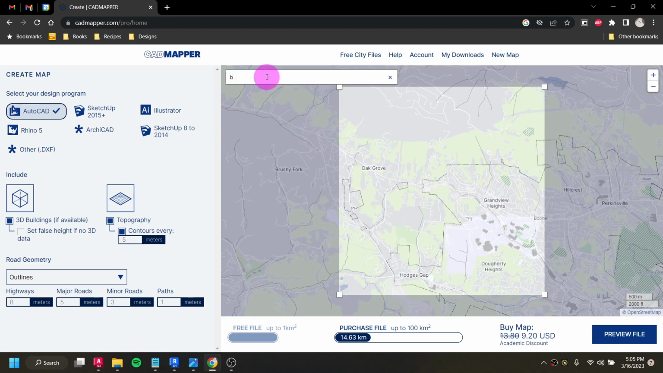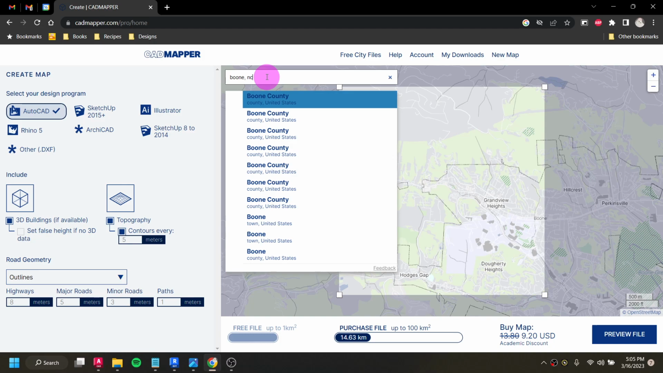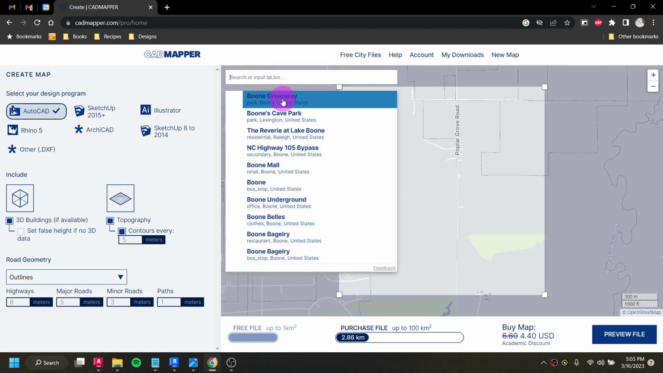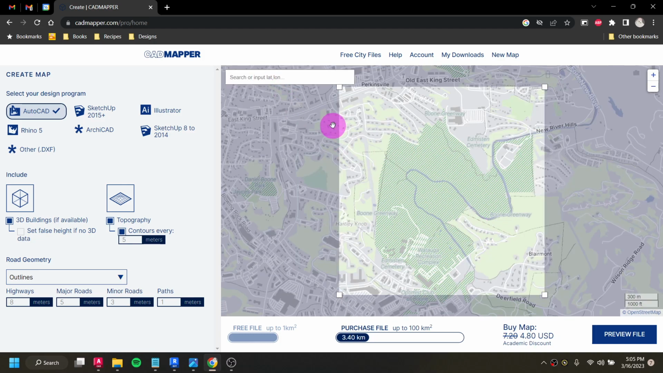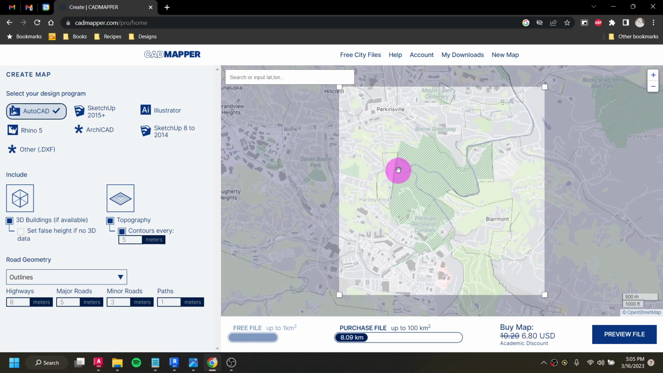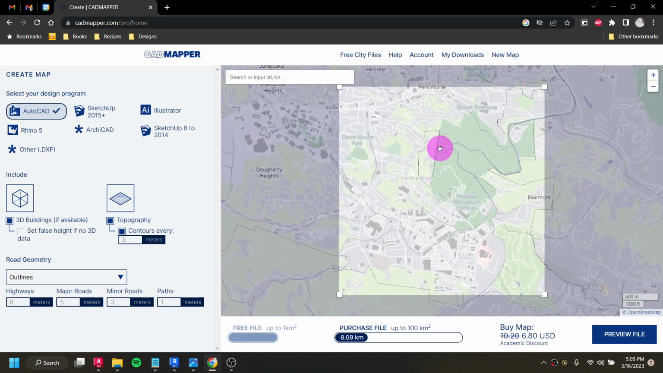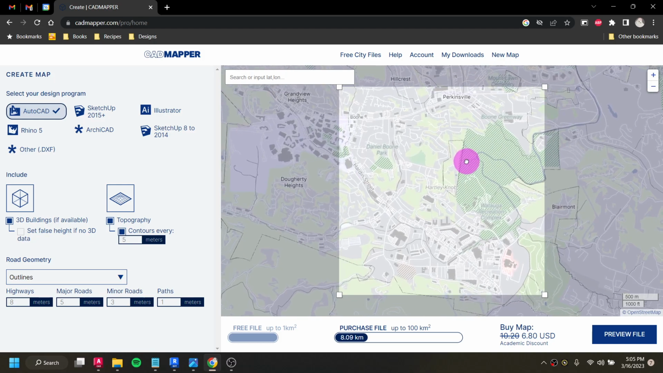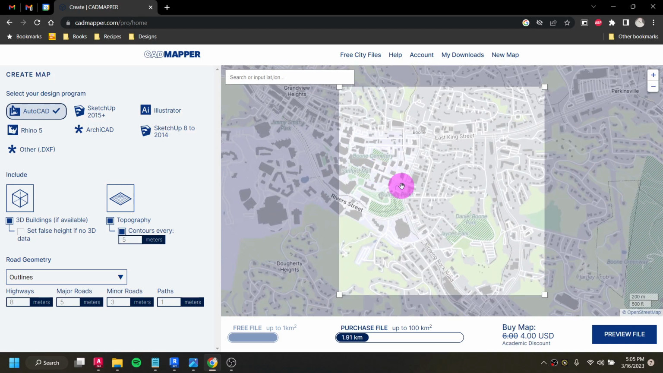But you can also search for specific areas. So it'll take me to the Boone Greenway when I put in Boone. And then I want to kind of go a little bit towards,